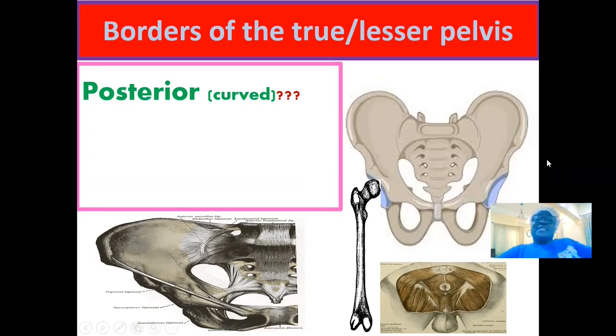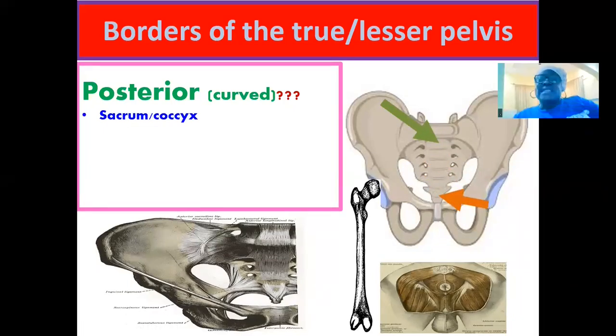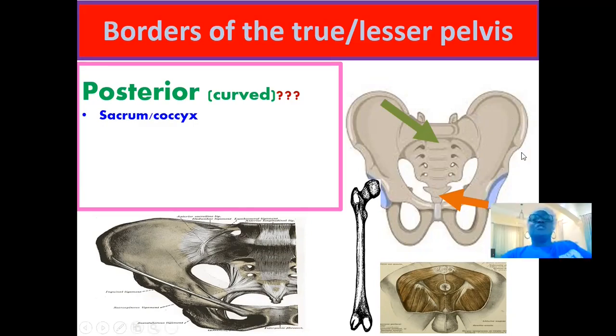So let's dive in to see the different structures that are seen in the posterior alignment of the true pelvis or the lesser pelvis. The first set of structures that are seen are bones. So we have the sacrum and also the coccyx. This is where we have the sacrum here, arrowed at this point, and at the inferior part of the sacrum, we have the coccyx, and this is what is arrowed here also inferiorly. It is important to state that it is the anterior surfaces of the sacrum and also the coccyx that are seen to form the posterior border of the true pelvis. So we have these two bones, of course, forming the structural framework of the posterior border of the true pelvis